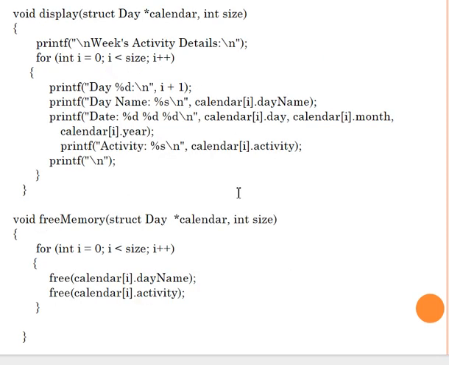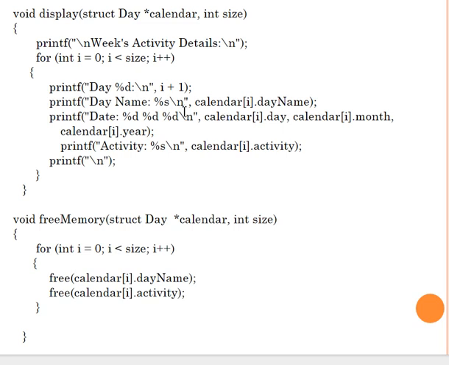So in a display function, which displays the details of each day which is stored in the calendar array. Because the calendar array we saw, we are calling that in a read function. In a read, we are again iterating a create function here. So here you can see print, that is, we need to enter until the size value reaches 7, because we are declaring from 0 to 6. If you are taking an array, it is 0 to 6. So until it reaches size 11, it will be